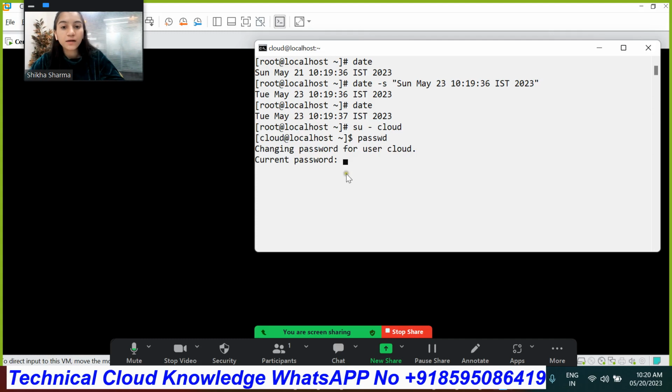Execute the password command. Write the current password and now see. After the current password option, I did not get the option which I got previously, that you need to wait for longer to change your password. Right now I do not get this option. So now I am able to change my password because 2 days have passed.